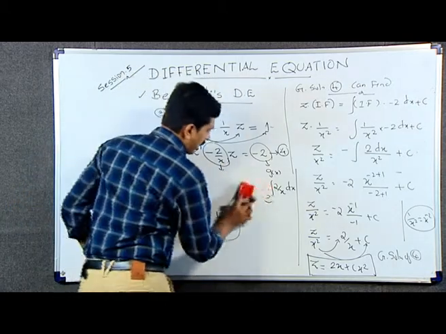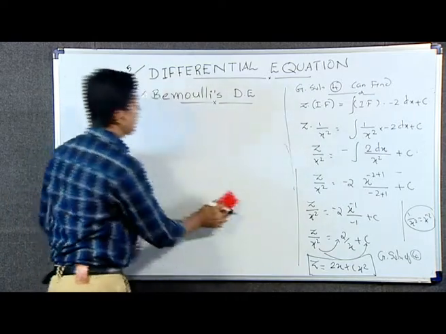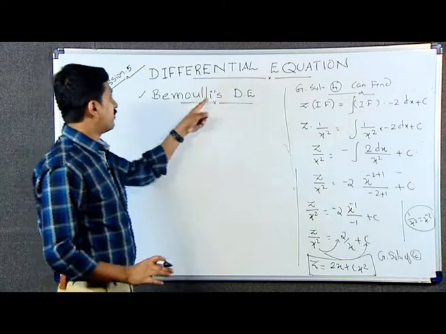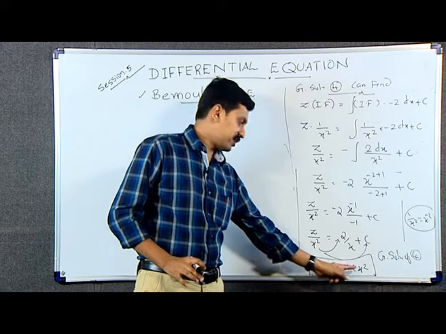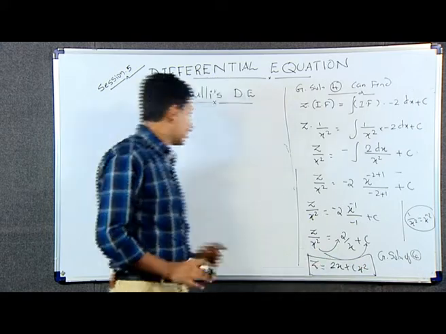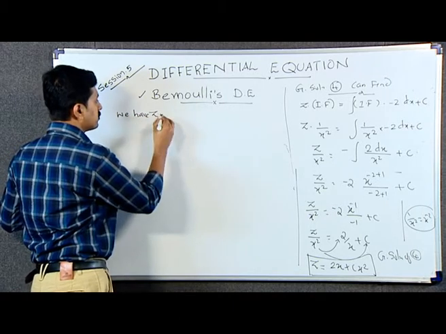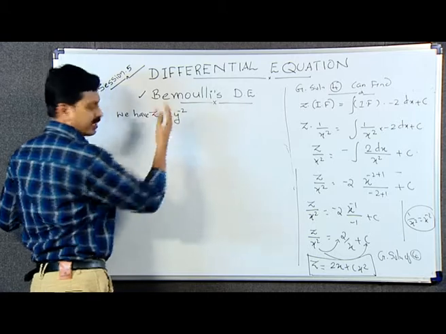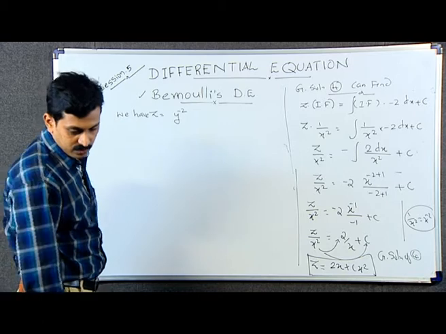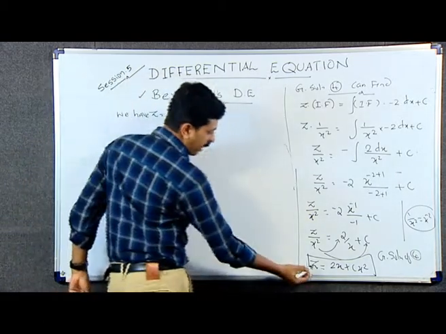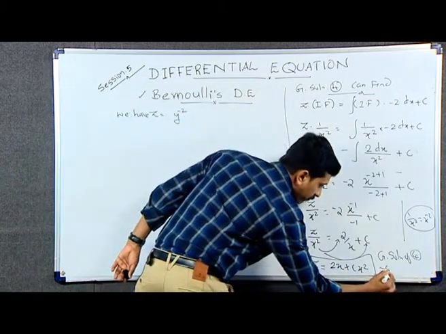Now, actually we need to find the general solution of the BDE, Bernoulli's differential equation, which is equation number 1, but we found z is equal to 2 x plus c x square. From here, we substituted z is equal to y raised to minus 2. We have z is equal to y raised to minus 2. So, we replace z with y raised to minus 2 here. Therefore, this equation number 5